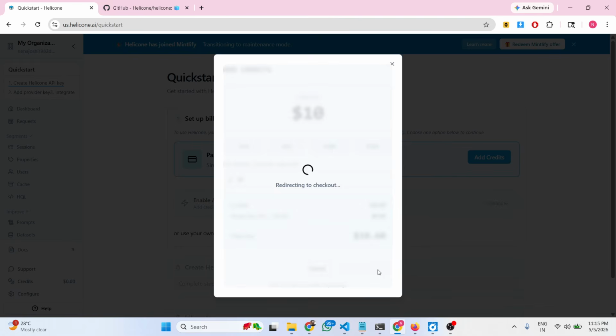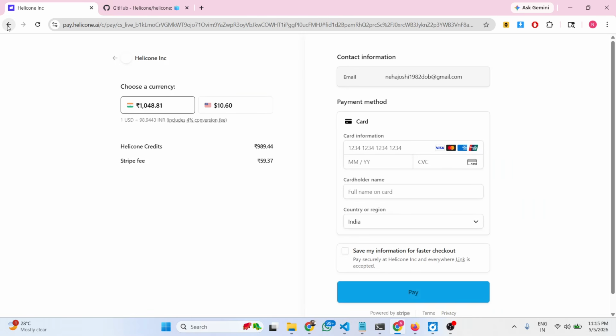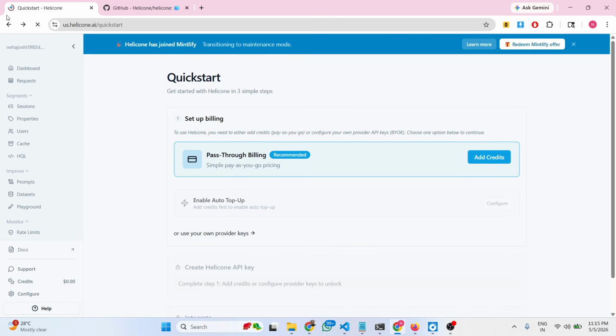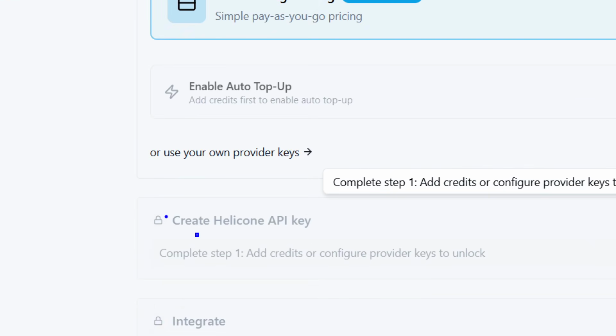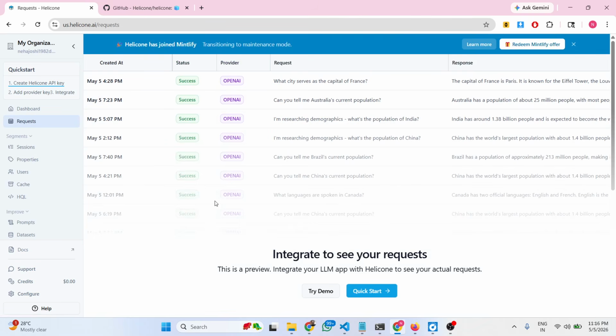The minimum amount is $10, so add the credits. It will redirect you to the checkout page. Here you can purchase the credits. After purchasing it, the second step is to create the API key, and after that you can integrate it. So it's very easy. Once you create the API key, it's very easy. You simply